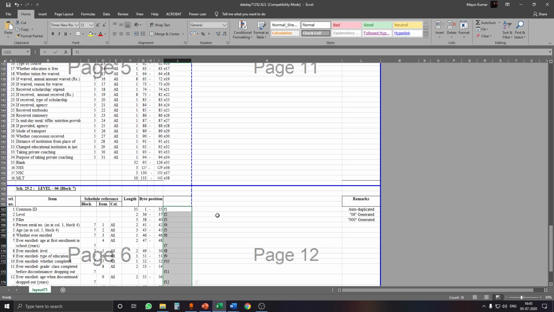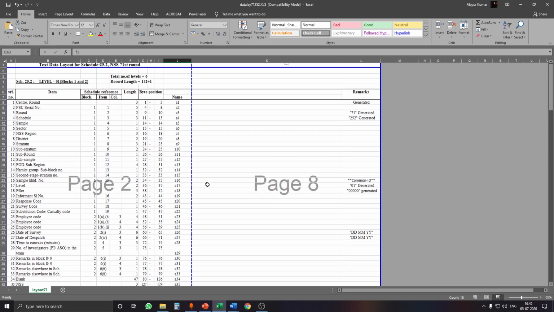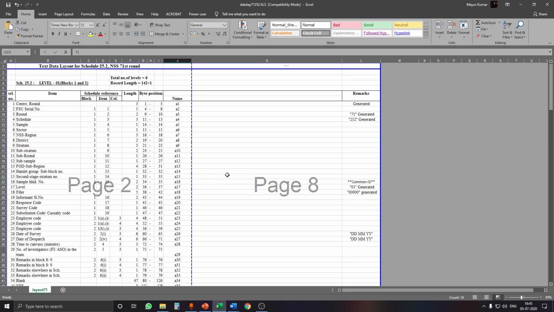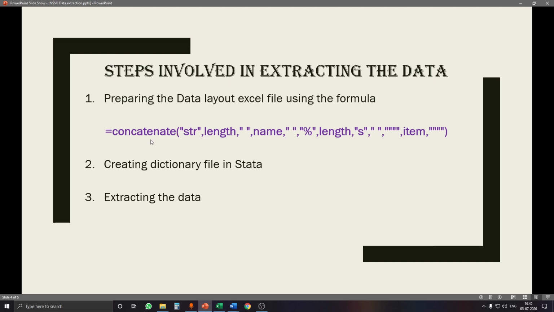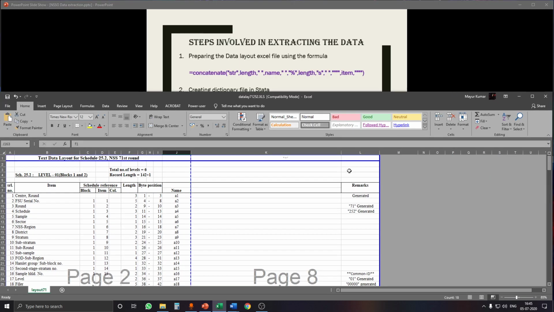Now you can choose any other notation, you can use capital letters, it doesn't matter, you will get the same result, but for the sake of simplicity and convenience we use this particular method. Now we have to apply this particular formula, so let's slightly minimize this. Now we have to apply this formula here.